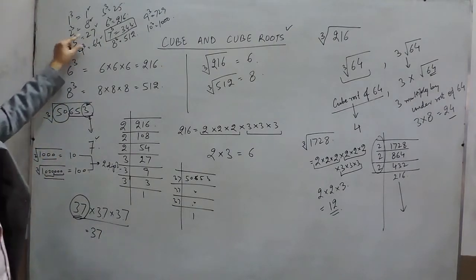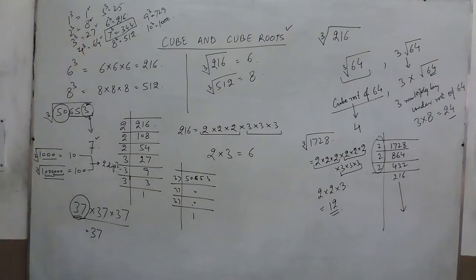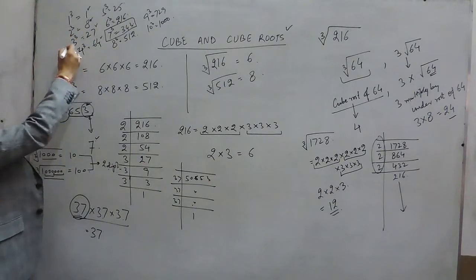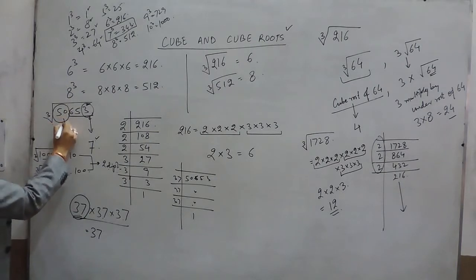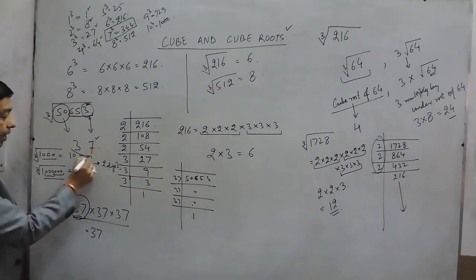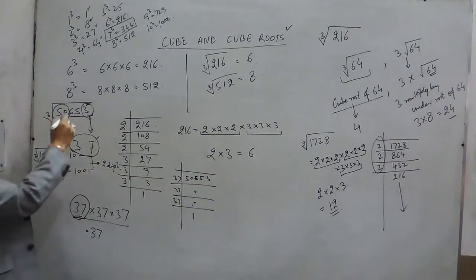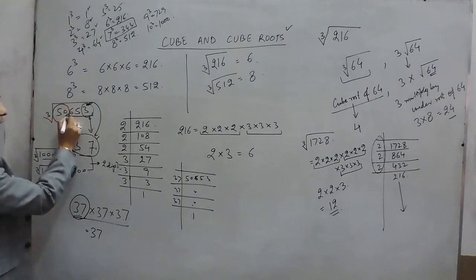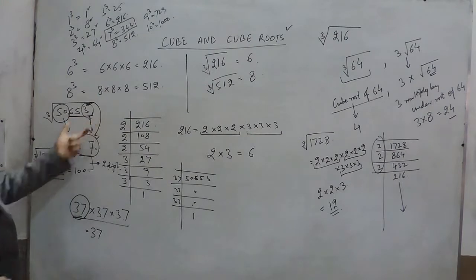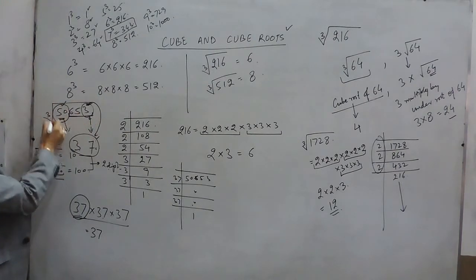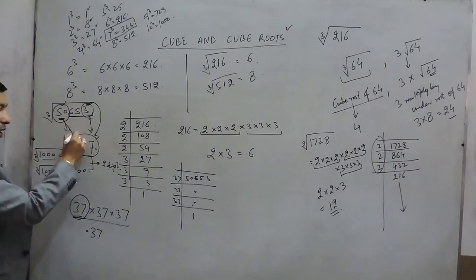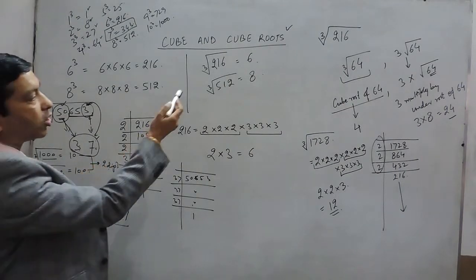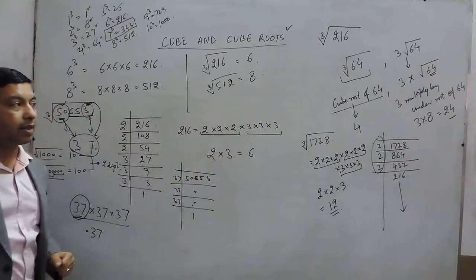We know that the cube of 3 is 27 and the cube of 4 is 64. Definitely the cube root of 50 must be in between these two numbers. So it is either 3 point something or 3, it must have 3 at the tens place. So the correct number comes out to be 37. The last digit defines the units place of the cube root, and if we neglect the last 3 digits, then the number before those 3 digits tells us the tens place, and we can find the cube root directly. So this is the way of finding the cube root if we are not able to factorize in this manner.